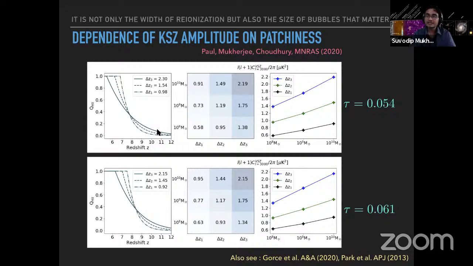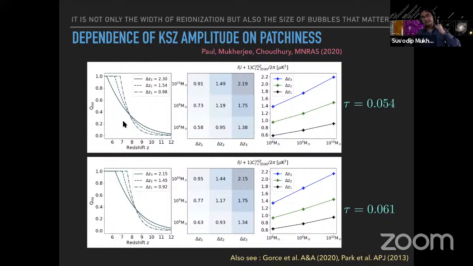So the probes which we have explored, we typically see the imprint in observables like the KSZ and the B-mode power spectrum. If there's a lot of change happening towards the end of reionization, this is the place where you can really measure very well. And depending on whether it is driven by lighter halos or massive halos, see, there's a beautiful connection.